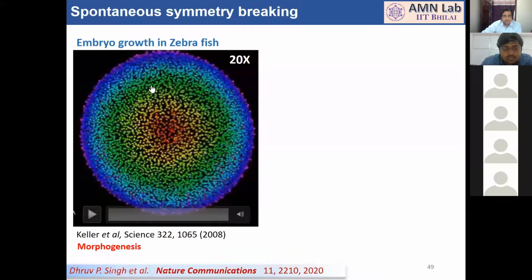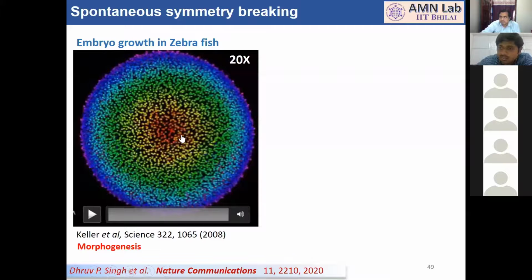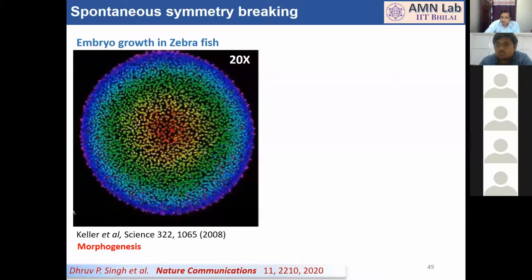this is the early stage of zebrafish embryo growth. This is experimentally captured. This is the real experimental video. Here the colors show just the radial distribution from the center, nothing else, so don't get confused with the colors. This was captured for the zebrafish embryo, but it is believed that whatever you will see in this video happens in all embryos. This is a sort of general phenomenon, but it's hard to capture in other embryos.